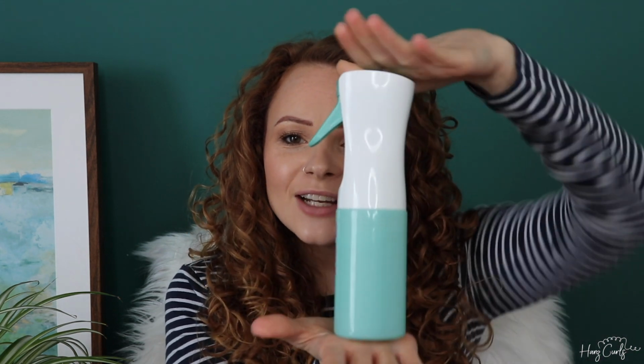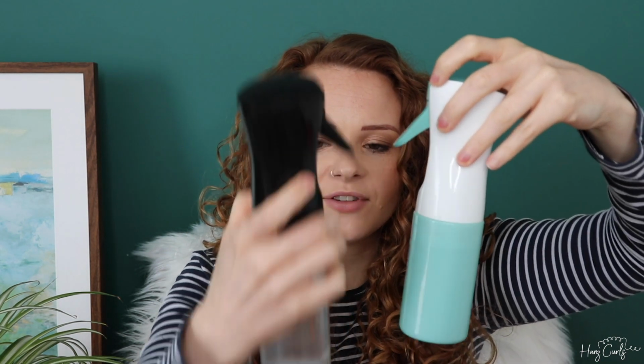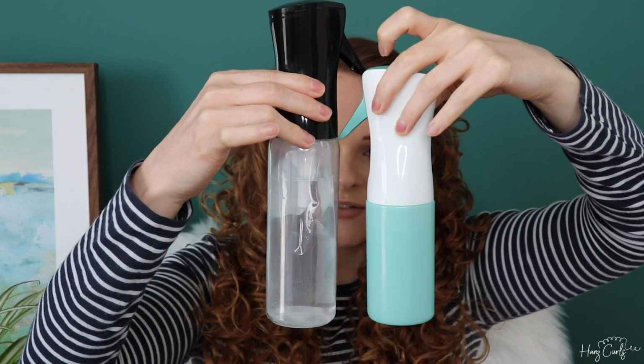I've had it for so long. So these two are the ones I'm using at the moment. This is from Curly Girl Movement, and it's really good because it's kind of like a travel size. You can see the difference in size between this one and a regular one. So this would be really good if you are going away and you want to take a travel bottle with you,